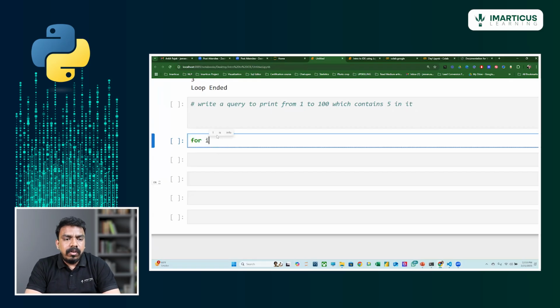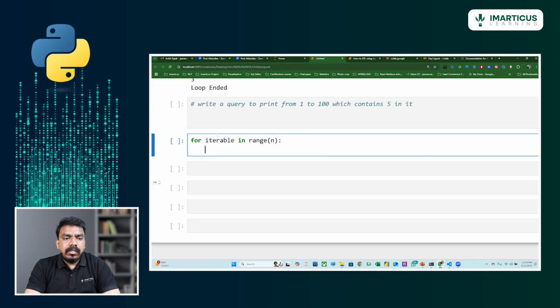You can just write for iterable in a range of values or a list of values, completely up to you, and then you provide some statements. Always make sure that whenever you write this colon, that means you have statements that need to be written below. So whenever you use a colon, you provide 4 spaces, which is nothing but one tab.